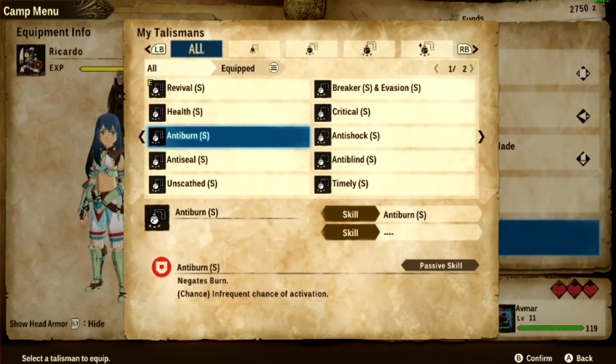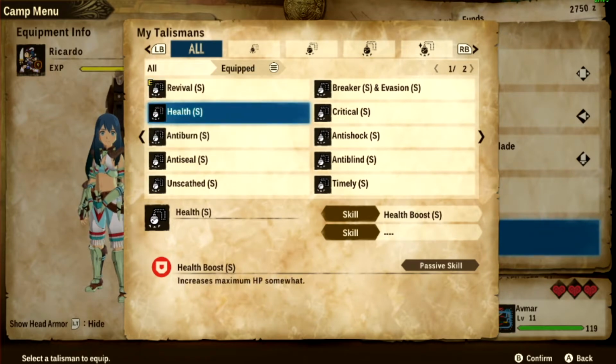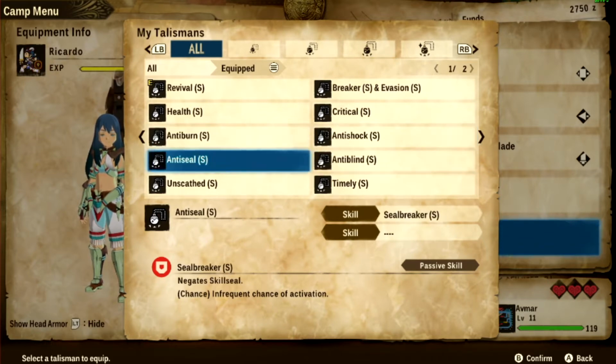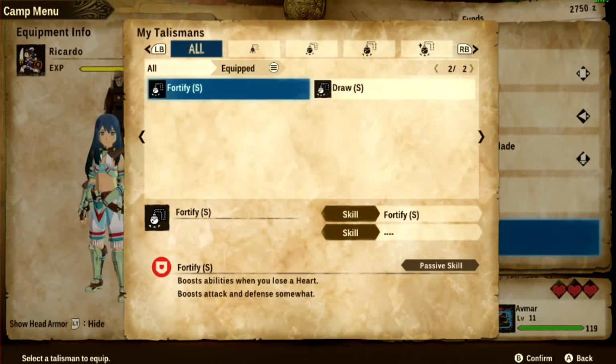You can also use an anti-burn if you don't have this talisman or you don't want to use bottle caps for it. It's still good to have, so I just went with it, but anti-burn is a nice option. It helps versus Anjanath's burns. Then I got a couple more, but